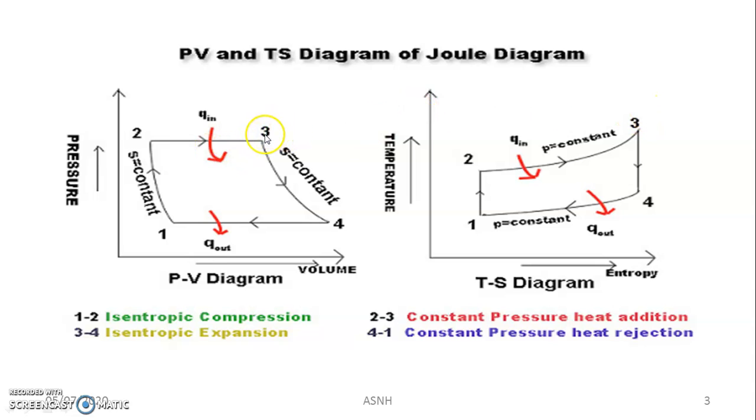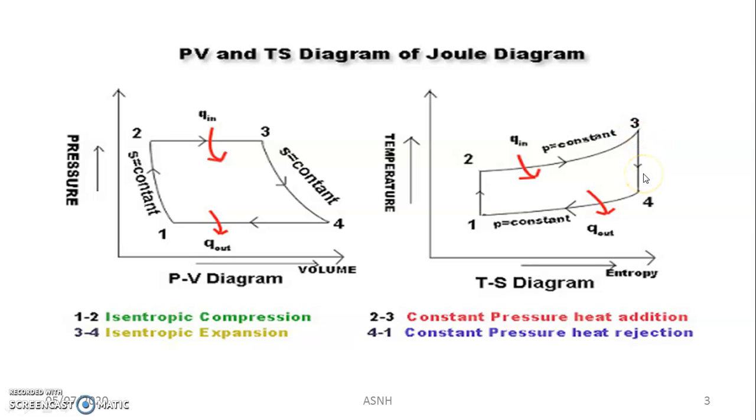After the combustion process, the gases generated in the form of heat energy enter the blades of the gas turbine, where the expansion of those gases takes place. The pressure reduces from P3 to P4, and the temperature decreases from T3 to T4. This process 3-4 is the isentropic expansion process, where the pressure as well as temperature decrease.